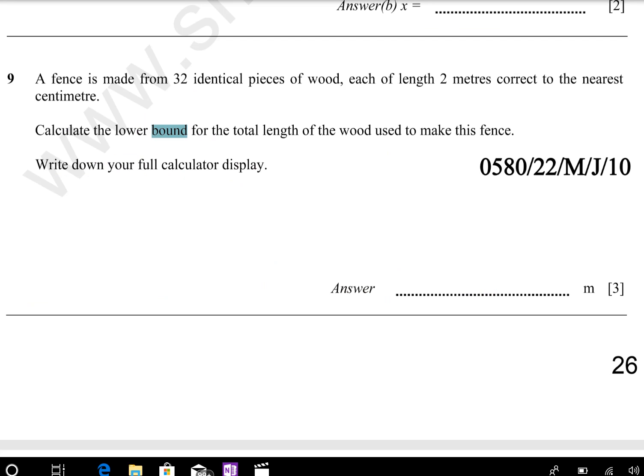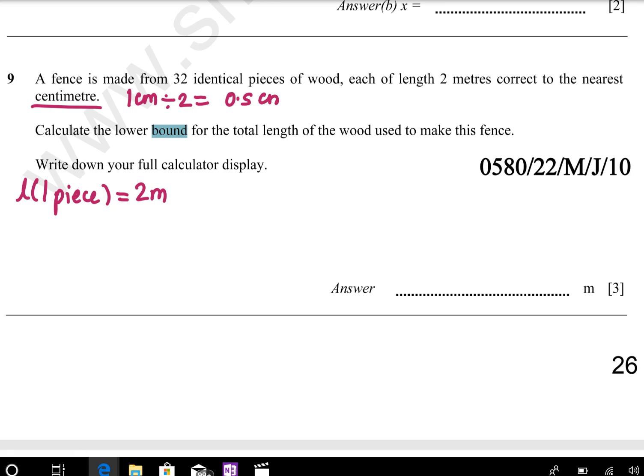Going to the first statement, a fence is made from 32 identical pieces of wood, each of length 2. So there are 32 pieces, and the length of one piece equals 2 meters. They're telling you it's to the nearest centimeter. Nearest centimeter means 1 centimeter, and 1 centimeter divided by 2 is